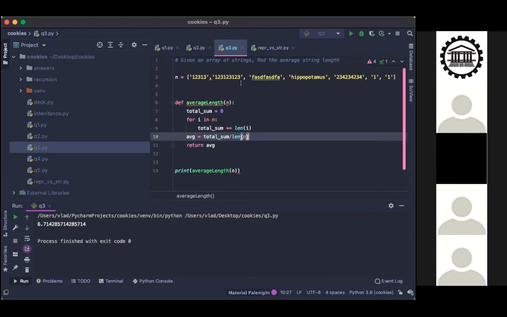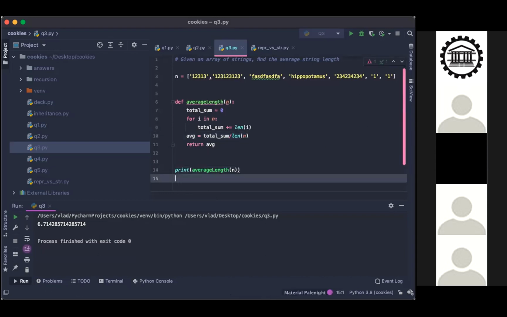There we go. Is that correct? Let's try that out. Let's do it manually. So we have 5 here, plus 1, 2, 3, 6.